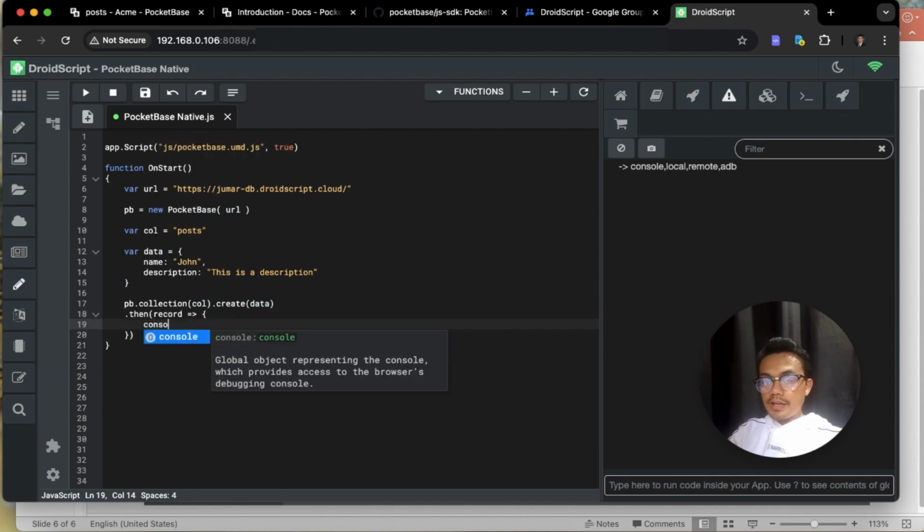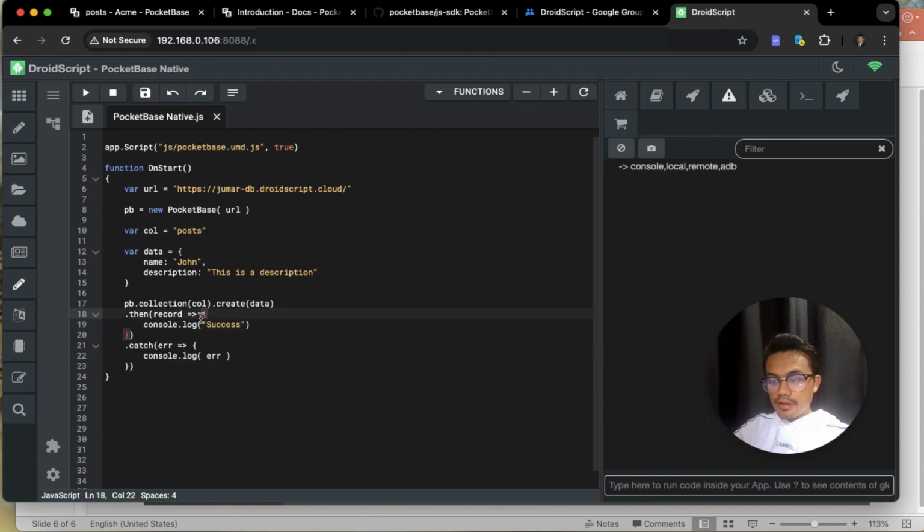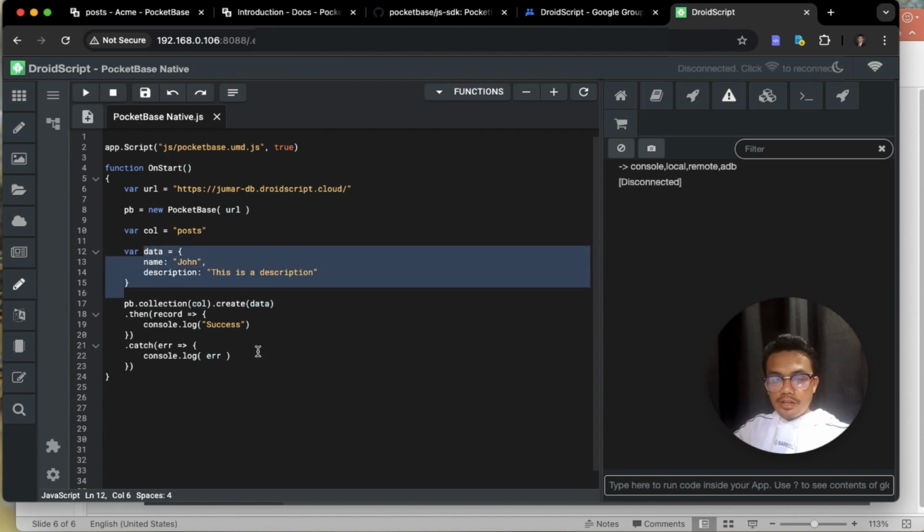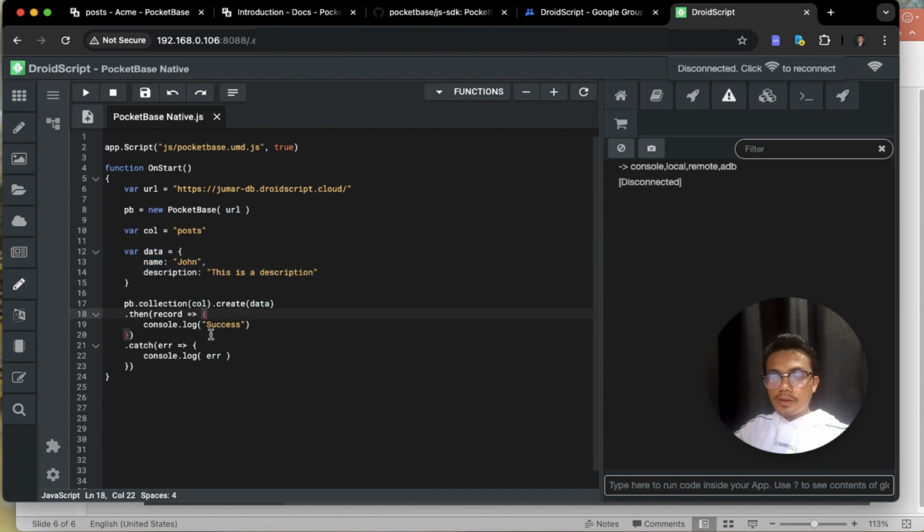So we will say console.log success. So this code right here, pb.collection passing the post collection, then create, will create a record in that post collection passing the data that we have here at the top. If the operation is successful, it will call this resolve callback and we will just console.log success. And if there's an error, we will just console.log that error.